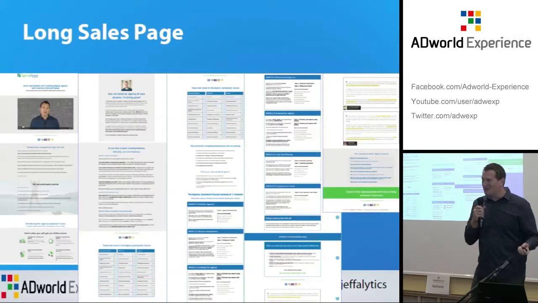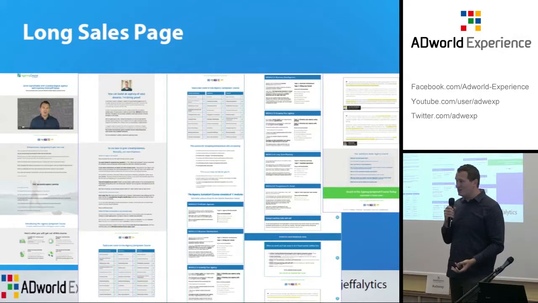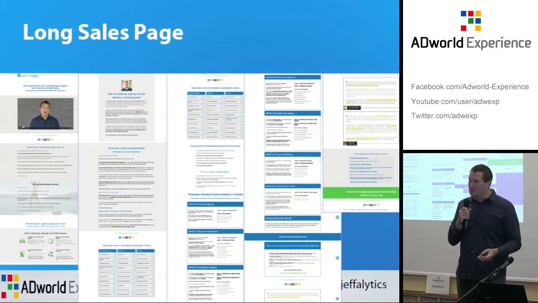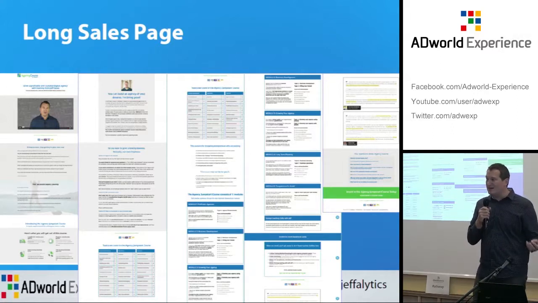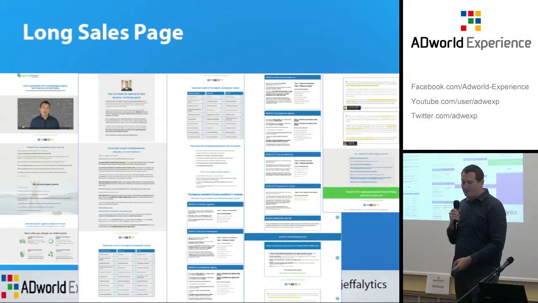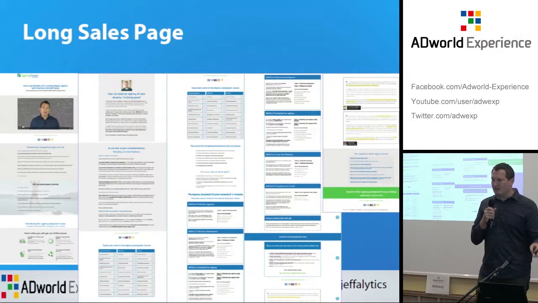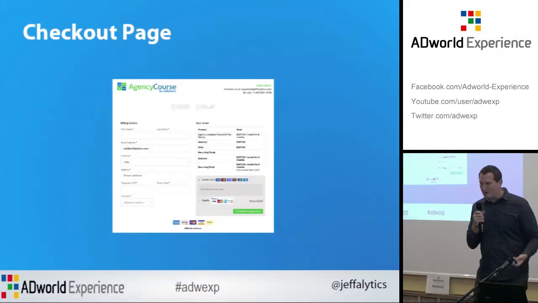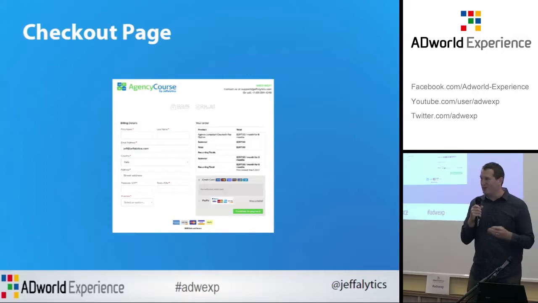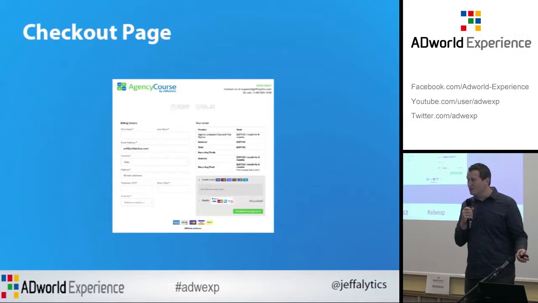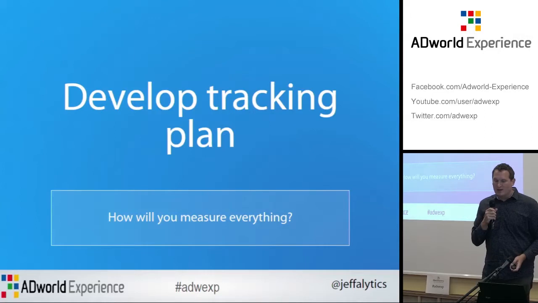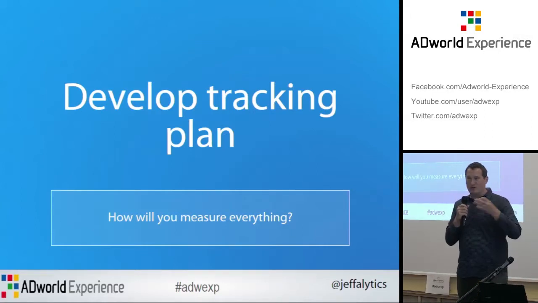Then we have a long sales page. As you can imagine, you've probably seen long sales pages. Some people swear that they work. Some people think that they're too long. That's something you can test. So we did this later in the campaign. If they didn't buy off of the short page, we gave them a long one to give them more information to get at where they were going. And I'll show you about engagement metrics for all these in just a minute here. Checkout page. So you basically create all your assets. Now, I'm going through this very quickly in slides. This is about a 2-month process to create the assets themselves. So just to create the landing page and get everything going takes quite a bit of time. Now, once you have your assets in place and you have, according to your map,